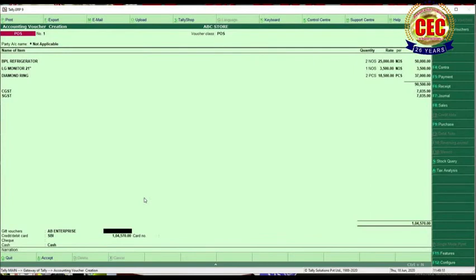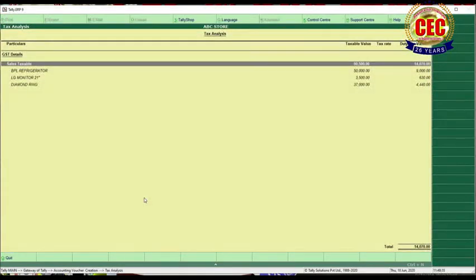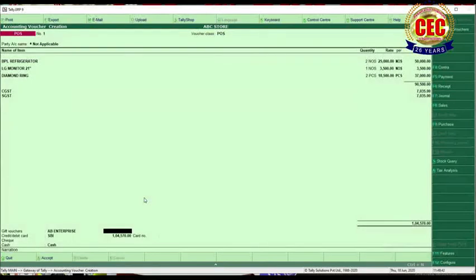See here, by pressing Alt plus A key you can see the tax analysis. Here BPL is 18%, LG monitor 18%, and diamond ring is 12%, that is 4,440. Now your total balance is 1,04,570 rupees.